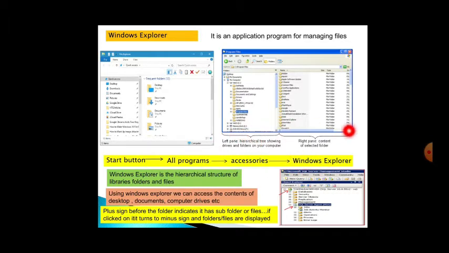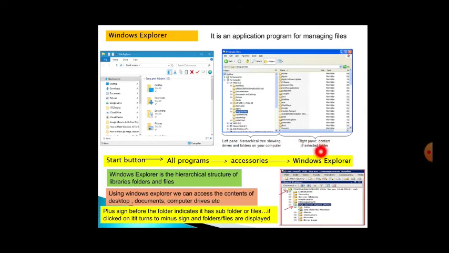There are two types of pane here, the left pane and the right pane. Wherever you click on a folder or a file, all the details will be displayed on the right pane. The folders list, the desktop, My Computer, documents, the main things will be in the left pane. It's a hierarchical tree showing the drives and the folders.